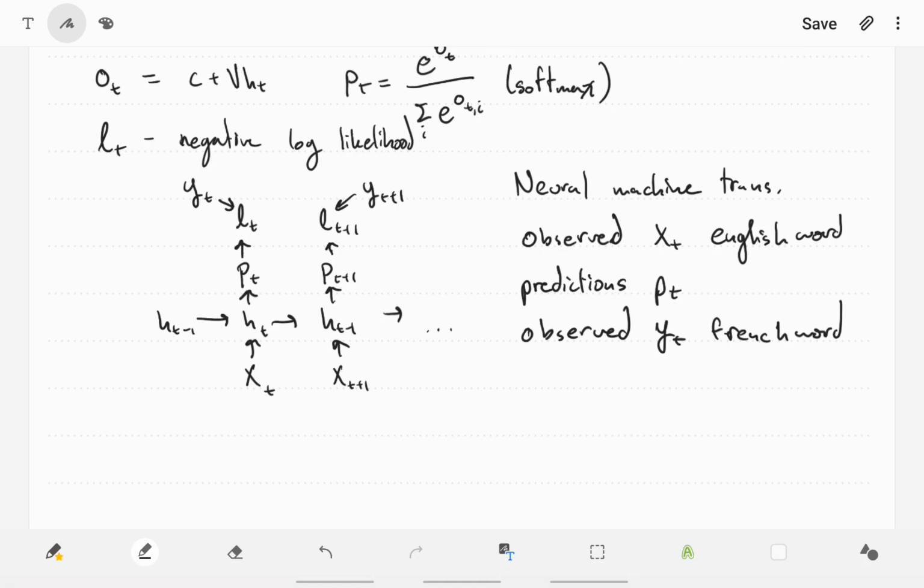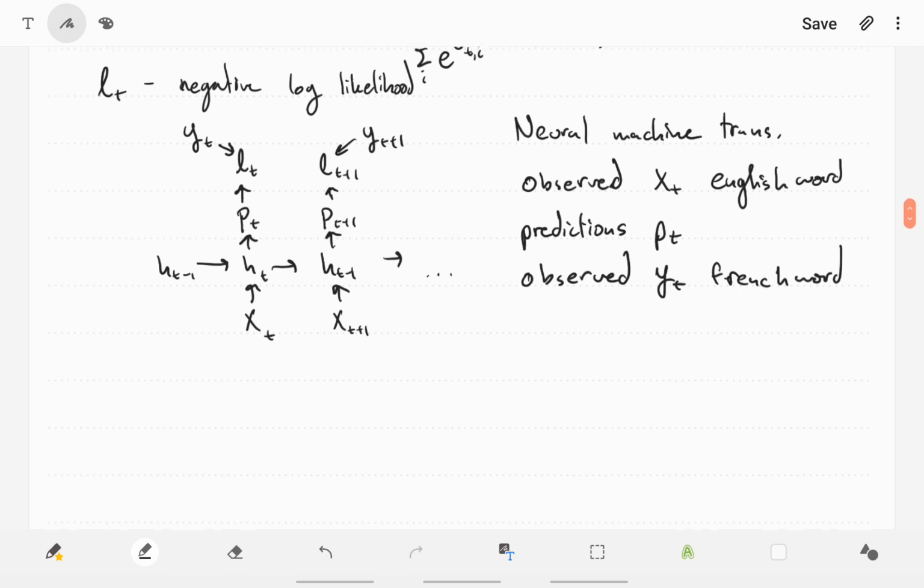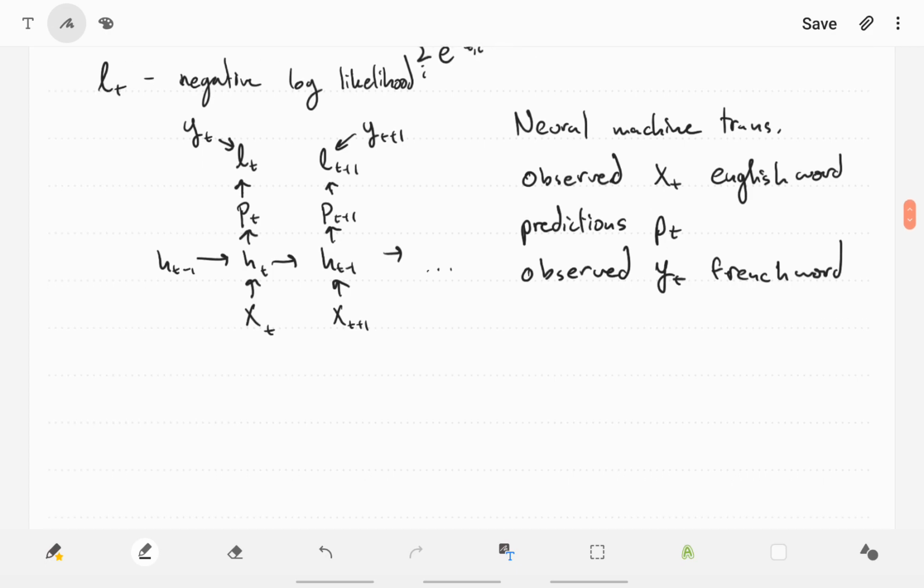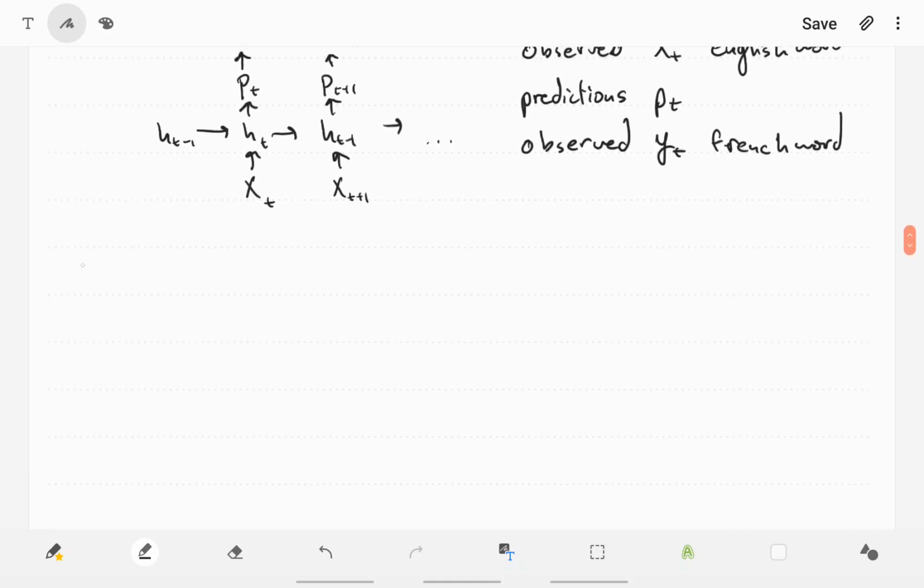One modification to this that was made pretty early on is bidirectional RNNs. The issue is that these hidden units are only functions of the past observed words. The future observed words are not going to inform a current hidden state and thus inform our probability. And this is something we would probably want, right? For example, the ordering of the words isn't always the same between French and English. Sometimes we put adjectives behind versus in front, and so on. We don't construct sentences just from front to back. We think of the entire sentence and build it up. And so a simple modification made for machine translation was bidirectional